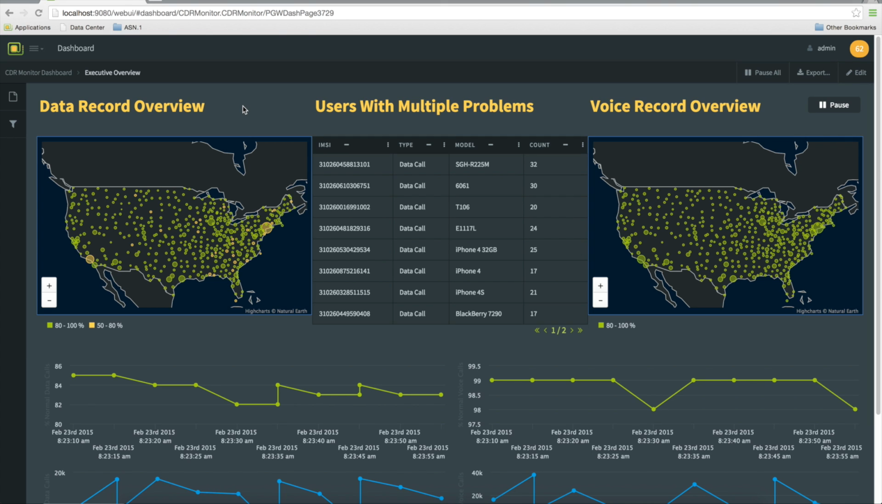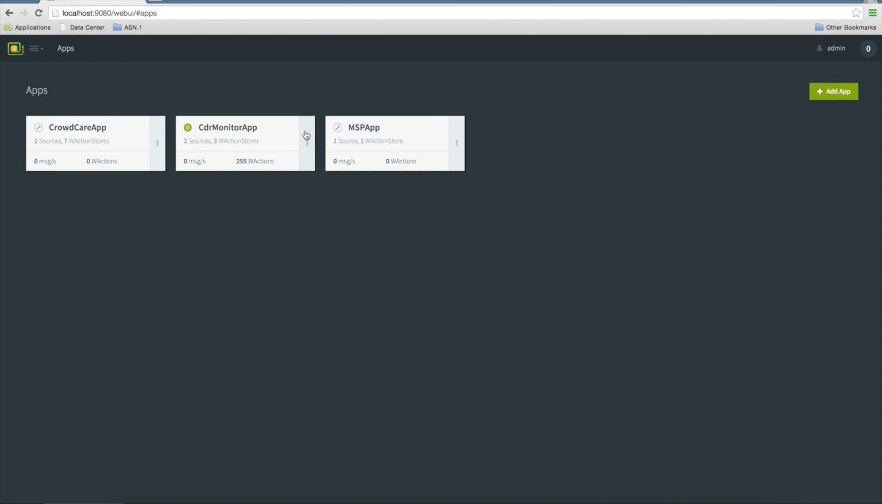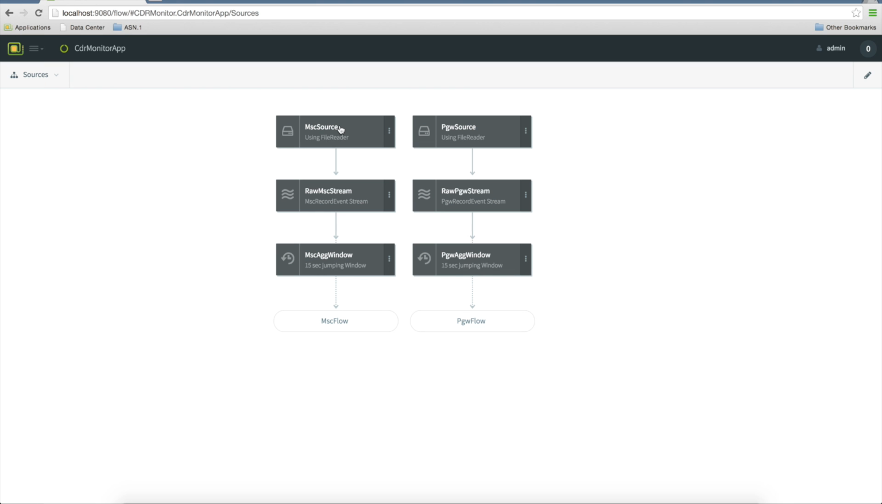Today we're going to walk through an application that we've put together that demonstrates real-time parsing of cellular call detail records. The application is in two parts. The first half is handling voice records. The second half is handling data records. Each of these has a data source that's using a special parser that can actually parse the binary call detail